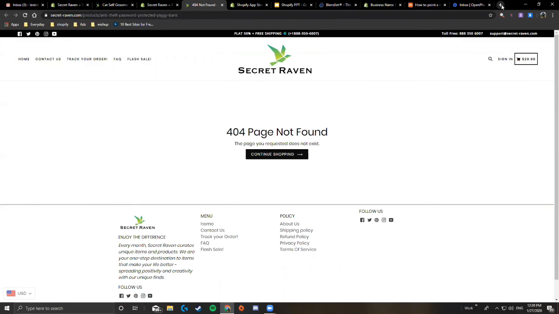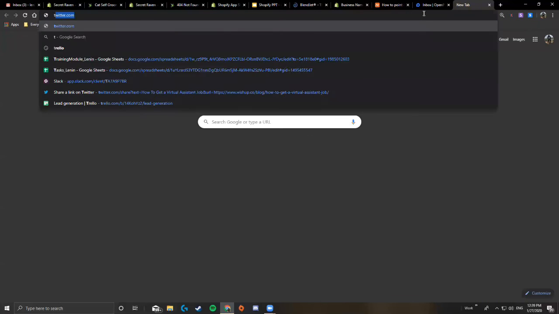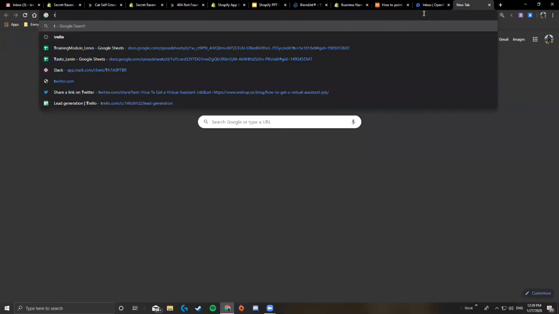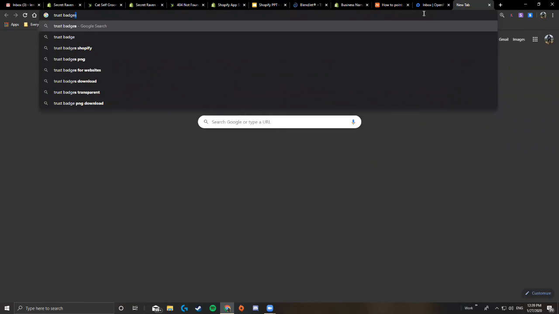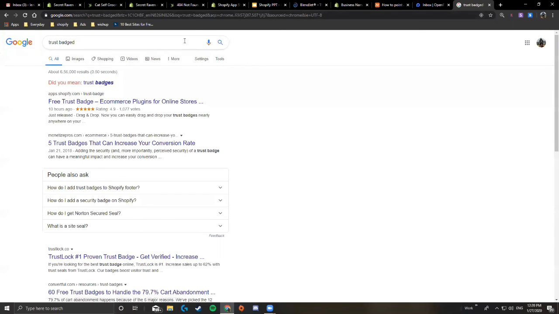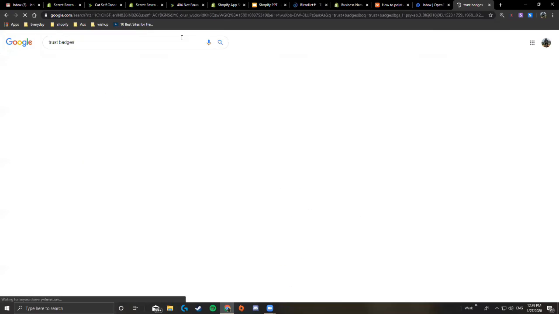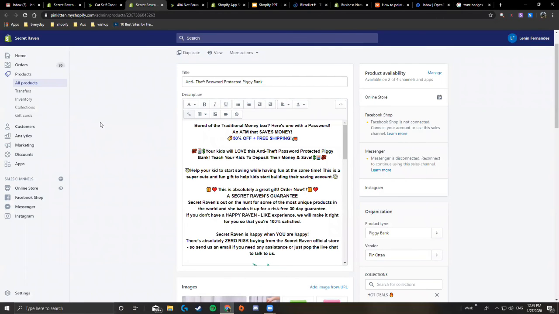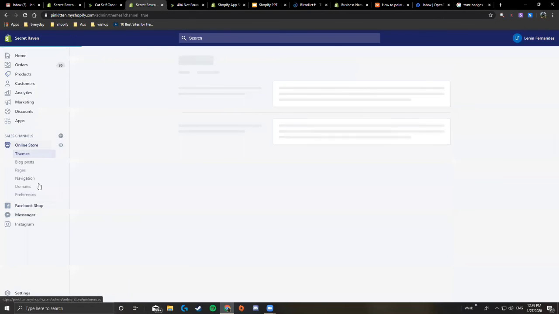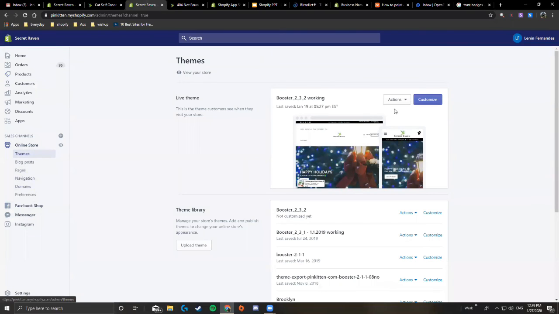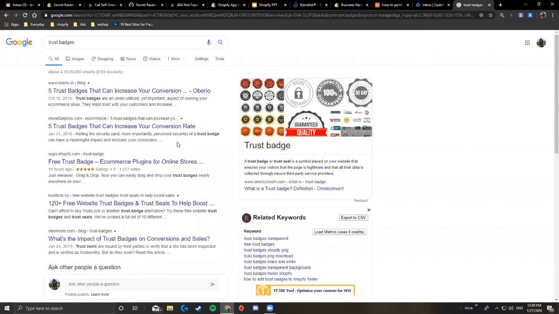You can add it on the Shopify theme that I showed you here. If you click on online store, click on themes, here you'll be able to add the image if you click on customize. So once you want the badges that you need for your store, just download them. For example,